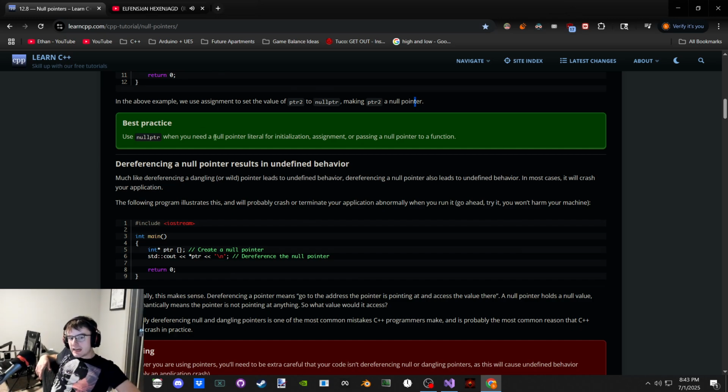When you need a null pointer literal for initialization, like if you create a pointer, is it uninitialized memory if we're not actually using it?